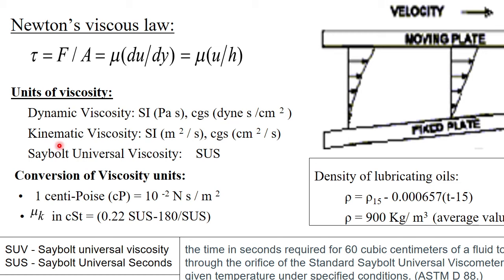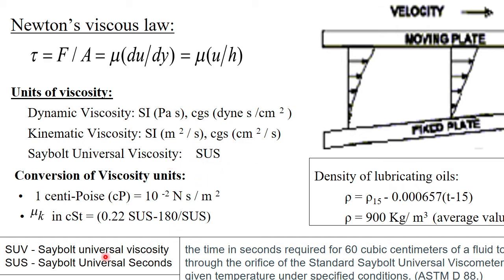There are fundamentally two types of viscosity definition. One is dynamic viscosity, the other one is kinematic. What is kinematic? You divide the dynamic viscosity by the density of the lubricant to get the kinematic viscosity. Their units are also known to you. Okay, you did that. And another unit which is of importance is the Saybolt universal viscosity or Saybolt universal second,